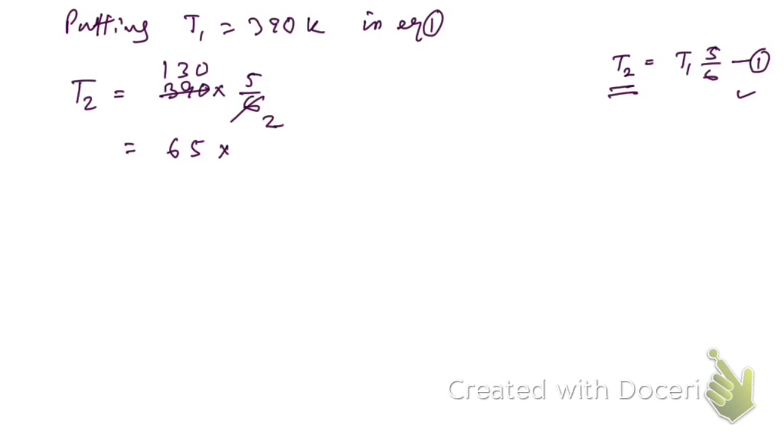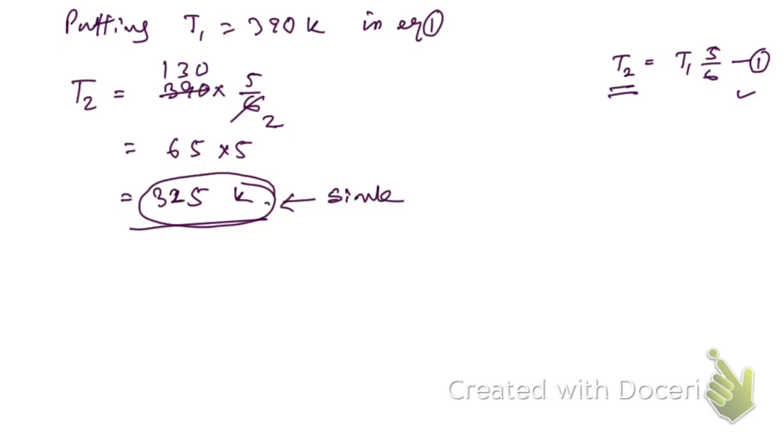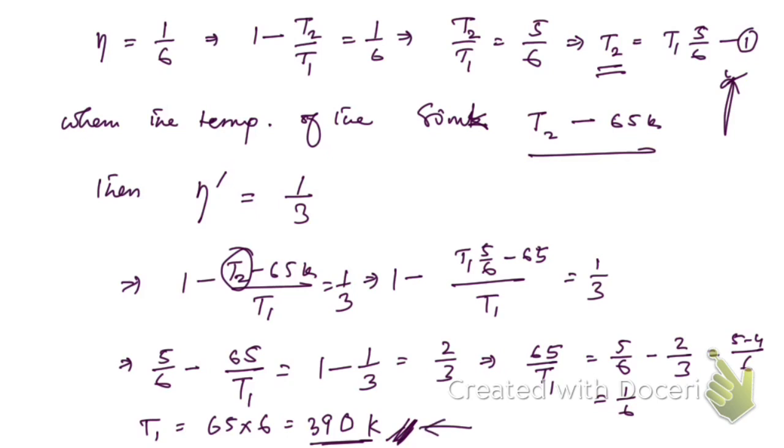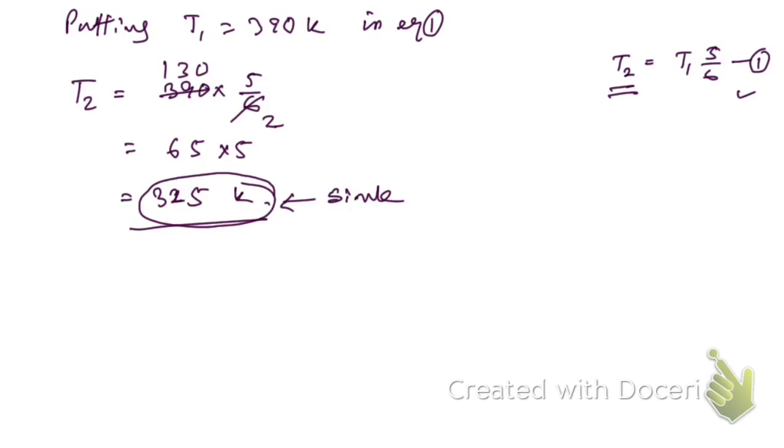Okay, into 5, and that's going to be equal to 325 Kelvin. So here you see, this is the temperature of the sink, and this is the temperature of the source. Therefore the Carnot cycle is working between the temperature 325 Kelvin